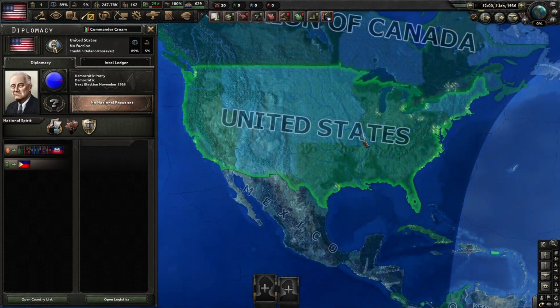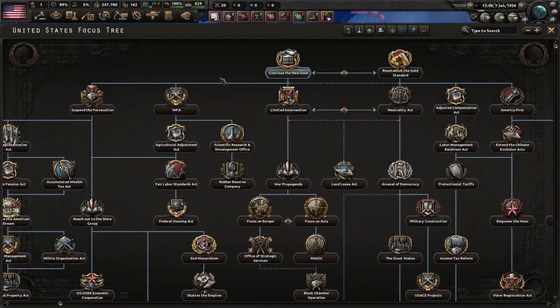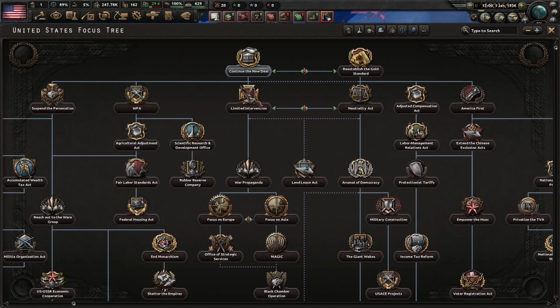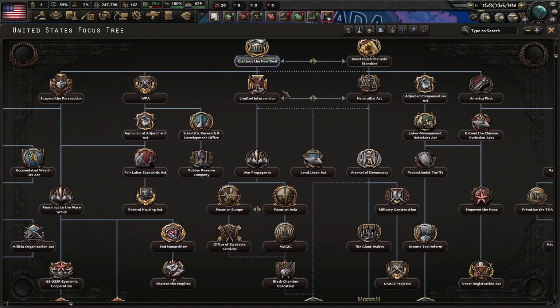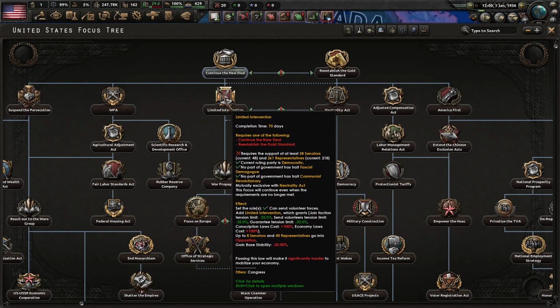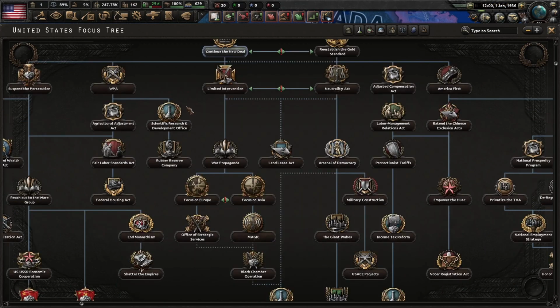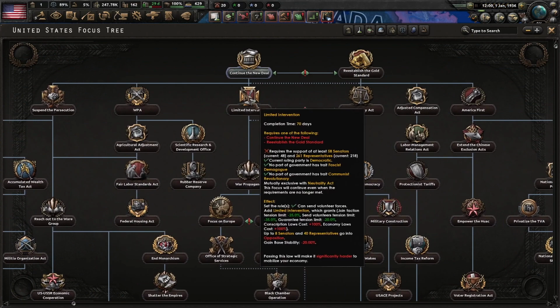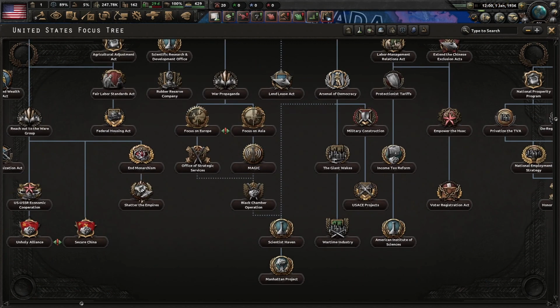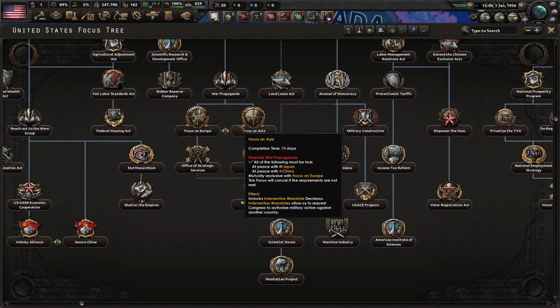Next, I'm going to go to the other side of the pond and look at the United States. As somebody that likes Victoria 3 and likes just kind of sitting around waiting for things to happen, America, that's my favorite focus. It's not really my favorite, but it's pretty decent. It's not bad. I like that there's a limited intervention thing. That's pretty freaking neat. I like it when you can play as a democracy, but you can still have a major impact and go with things like limited interventionism and then, actually, join the wars and,